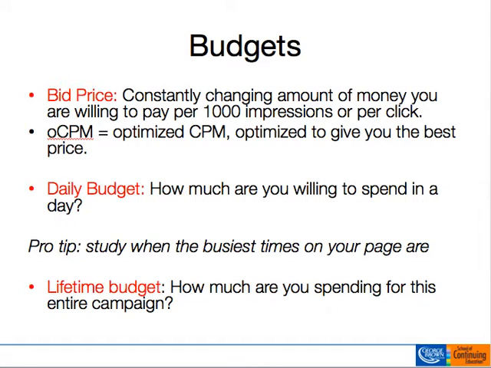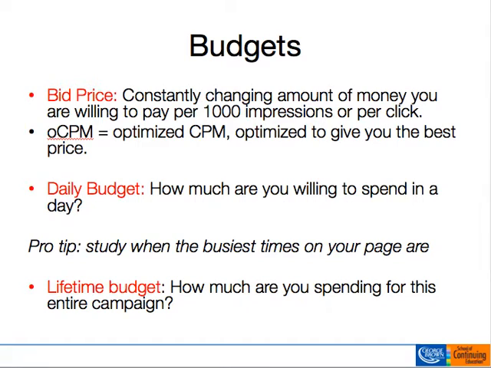Facebook has 3 different pricing models: OCPM, CPC, and CPM. OCPM is the ideal budget model. That's optimized cost per million, or optimized cost per 1,000 impressions, and it's optimized to give you the best price of the overall spend. It's really important to make a decision between your daily budget or your lifetime budget. How much are you willing to spend over the lifetime of the campaign versus how much are you willing to spend per day? Facebook recommends that you set daily budget limits, not lifetime budgets, because if you think about it,